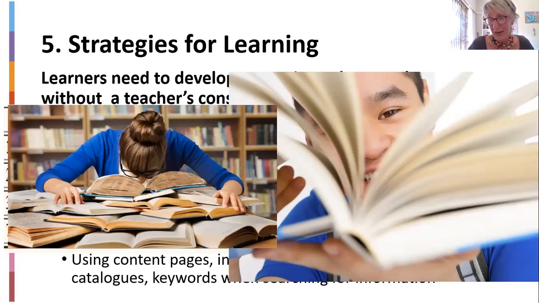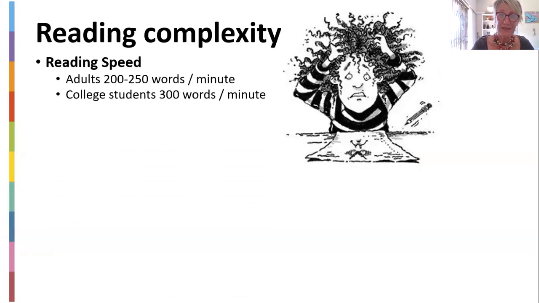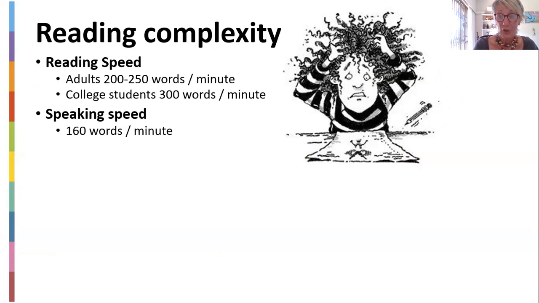Have you ever tried when you're studying and you're reading so slowly to understand that eventually your brain gets so bored that you actually fall asleep? So remember, the slower you read, the less you will understand. Okay. So let's put reading complexity. So adults read at 200 to 250 words a minute. College students, where you are, you should be reading at 300 words a minute. We speak at 160 words a minute, usually,